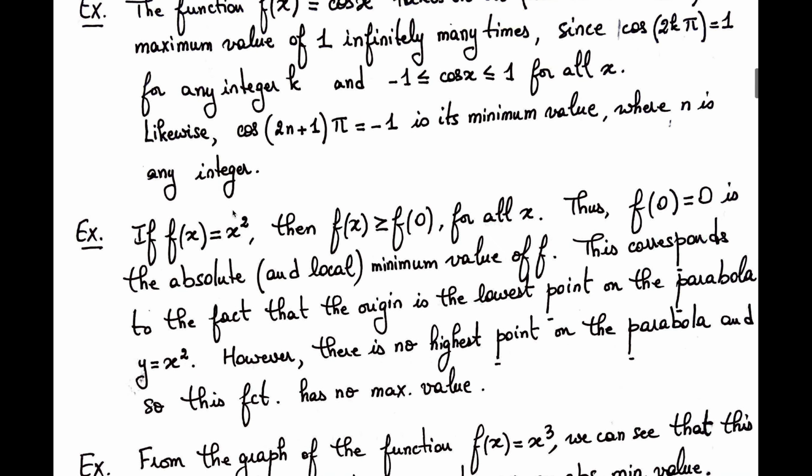The squaring function, f of x equals x squared: f of x is at least f of 0 for all x. f of 0 is 0 in this case, and as such this is going to be the absolute minimum value of f. And since it's an absolute minimum, it's going to be a local minimum. Pictorially, this corresponds to the vertex of the parabola